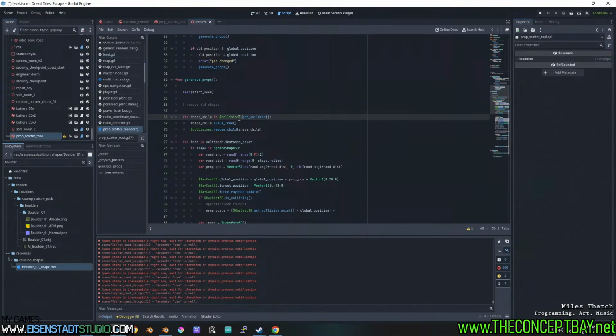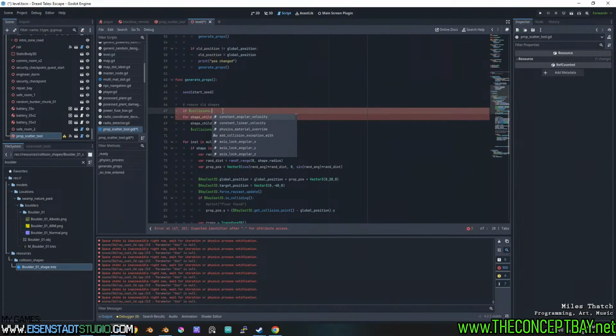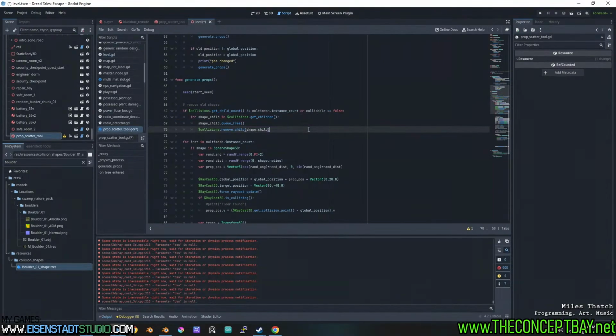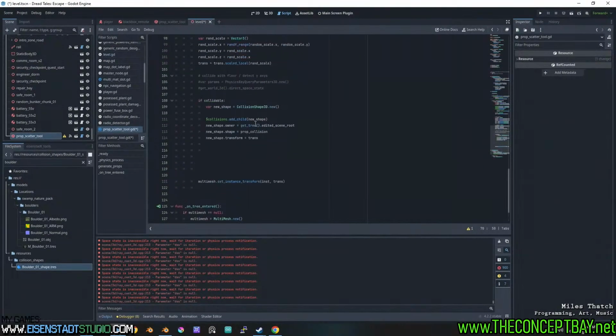Let's do this. If get child count does not match multi-mesh instance count, or collidable is set to false, because we should be able to destroy it, then it is going to go through the children and destroy them. Next,